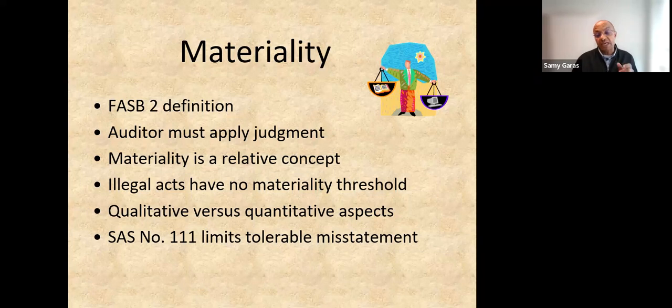And the next one is qualitative versus quantitative aspect. When it comes to the area of fraud, we have to check everything for one reason. What seems to be a small fraud today might end up being a big scandal in the future. So we have to trace the fraud and try to identify the fraudster before it becomes a big scandal and ends in bankruptcy or shutdown of the business. So this is what we mean by materiality.